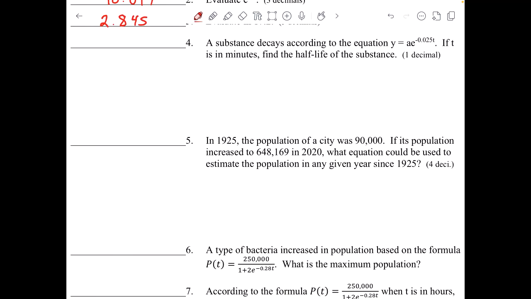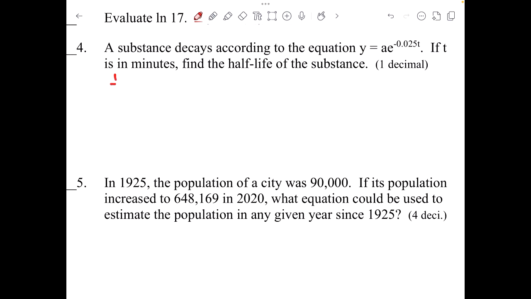Question number 4. A substance decays according to the equation y equals a e to the negative 0.025t. If t is in minutes, find the half-life of the substance. So I'm going to begin by saying that y is equal to 1/2. So half of my substance is equal to my a value, which is 1. It's what I started out with, so 100% or 1 gram. So I can just leave the 1 off, and that gives me e to the negative